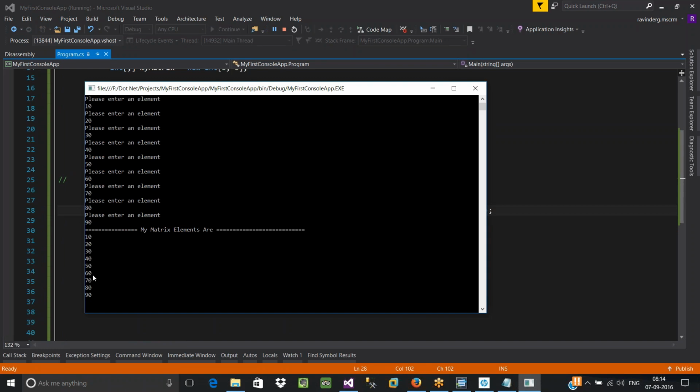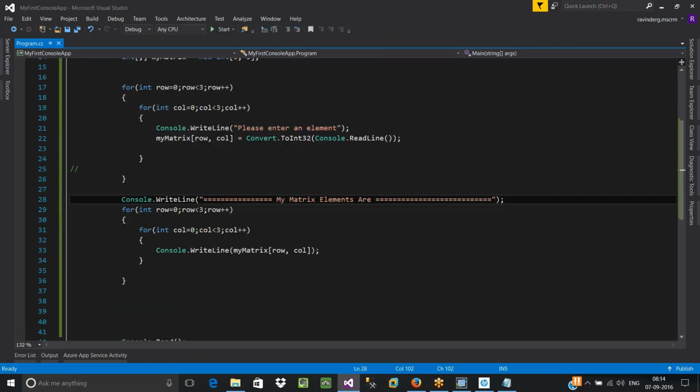Yes, the data has got displayed, but the thing is, it is not getting displayed in a proper format, right? Even if you have stored our data in 2-dimensional format, in the table format, while displaying it we are not following that format. Data is not displayed in the table format, in the matrix format, right? So you need to change this output format. So how to get them displayed in the expected format, the table format?